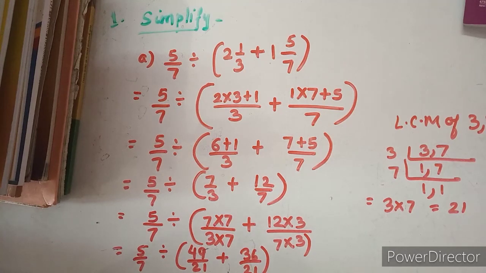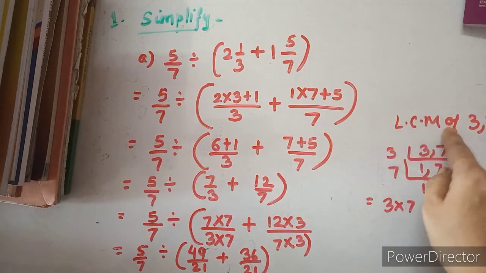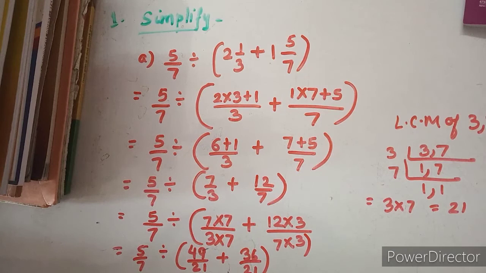Now again the method is to take out the LCM of the denominators. So I have taken the LCM of the denominators 3 and 7. So you got the LCM as 21. Now you need to make the denominator 21. So you need to multiply both the numerator and denominator of the first number inside the bracket with 7,